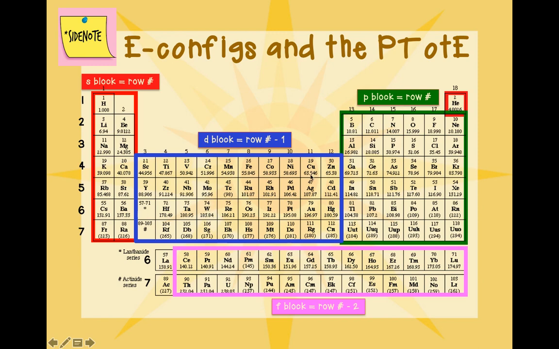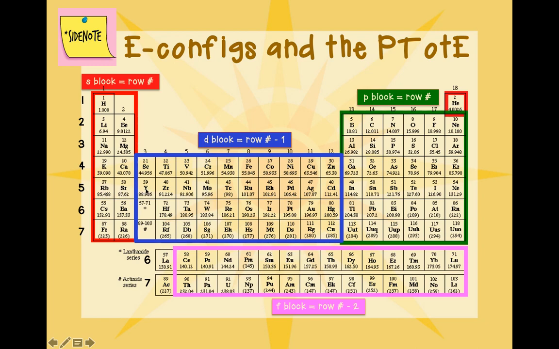So 74, I go all the way back to the beginning. I'm going to fill up this 1s2. And then this would be 2s2, 2p6, 3s2, 3p6, 4s2, and then now I'm at the D block, which is row minus 1. So after 4s2, I would say 3d10, back to the regular row number is energy level, 4p6, 5s2, and then